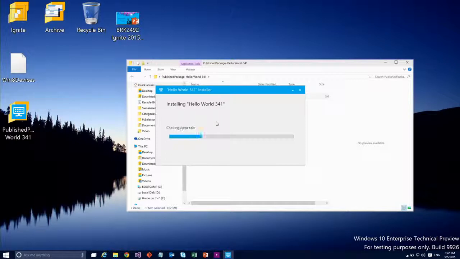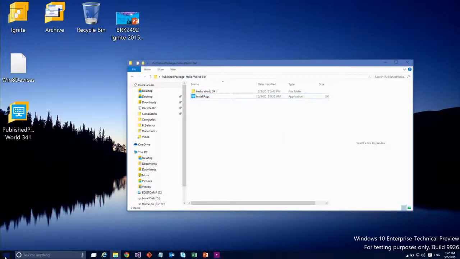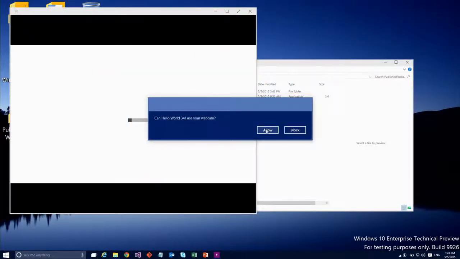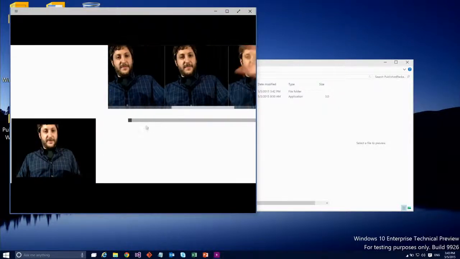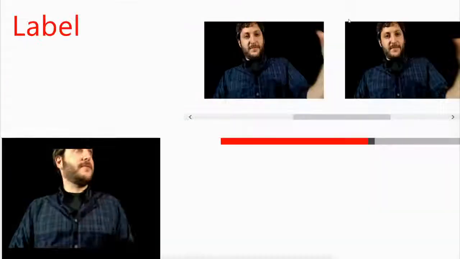The reason that we need something like this is, as I'm sure you're aware, there are various restrictions around sideloading modern apps onto Windows 8 and Windows 10. So this is just something to make the process go a little bit easier. This is in no way the final done version of these sorts of things. We're still figuring out how to get the deployment way better and faster. But at this point, there it is, Hello World 341. Click it, open it up. And now we've got my crazy app that works exactly like it did inside of Siena. And as you can see, it is a modern, universal app.